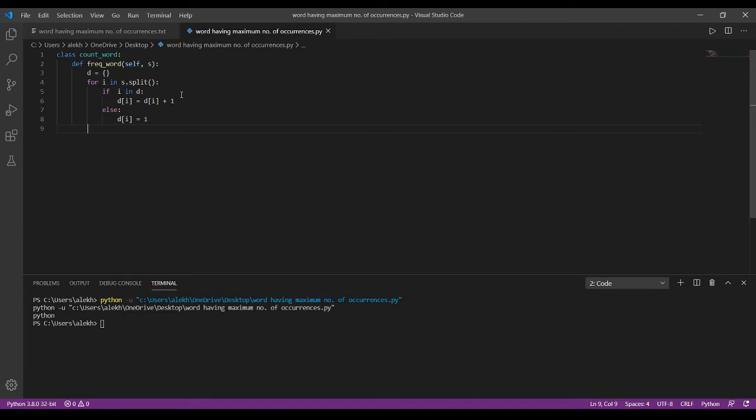Here, if the particular word is present in d, then we are incrementing the occurrences of the word, and if it is not present in d, we are initializing the word frequency as 1. Now we need to return